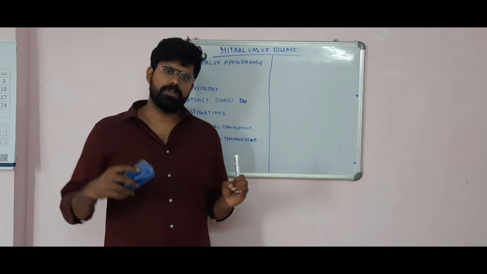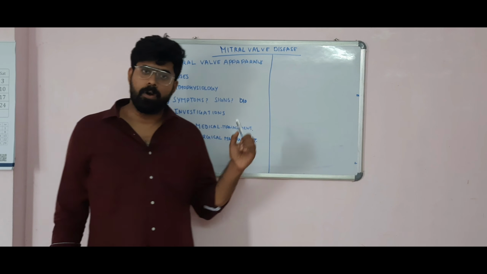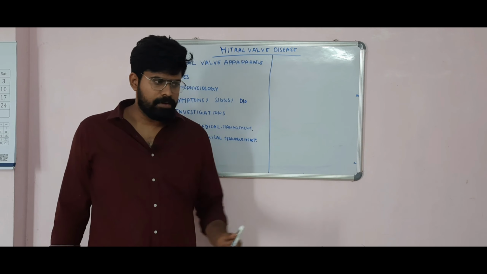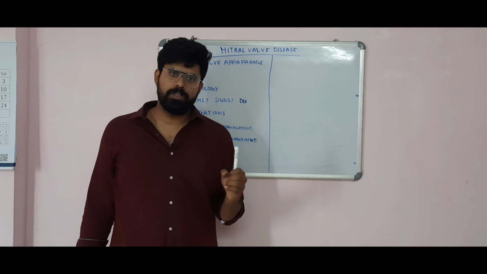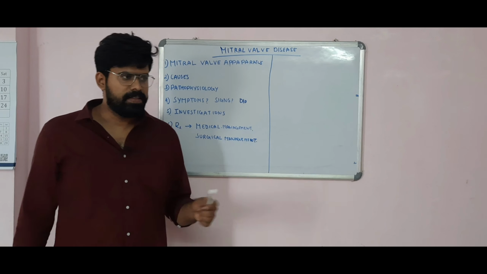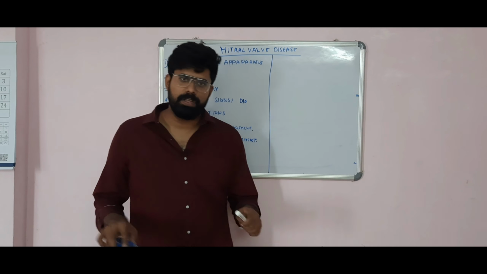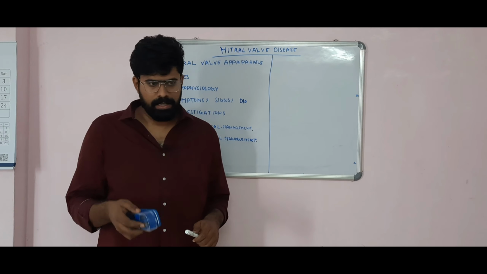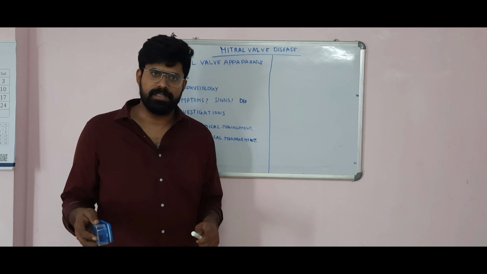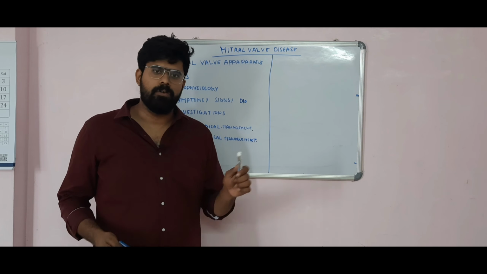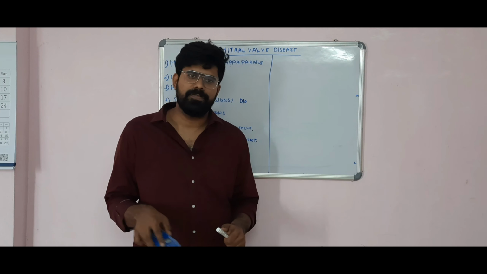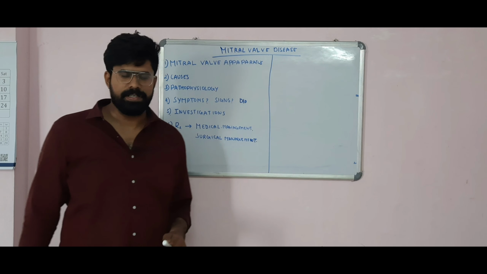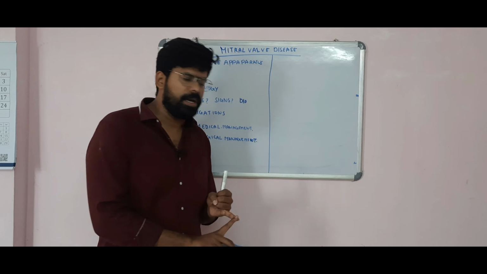The mitral leaflets will undergo chronic inflammation. This chronic inflammation will result in thickening of the valve leaflets, and there is also fibrosis of the valve leaflets. This will be followed by calcification of the valve leaflets. Both the papillary muscles and the chordae tendineae will contract, and the mitral orifice will appear as a fish mouth or a buttonhole orifice. So the first cause is rheumatic heart disease.